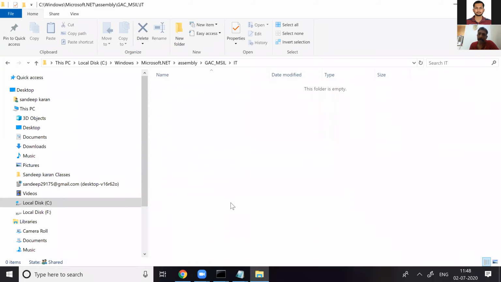What will happen? I just wanted to have a proof that now the CLR checks your key in GAC MSIL or not.